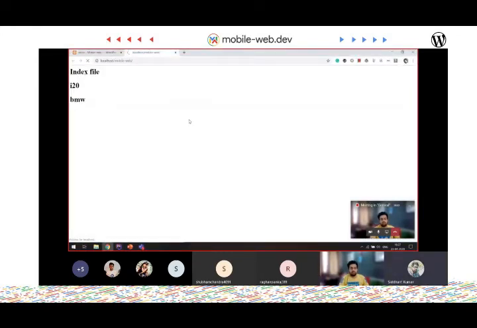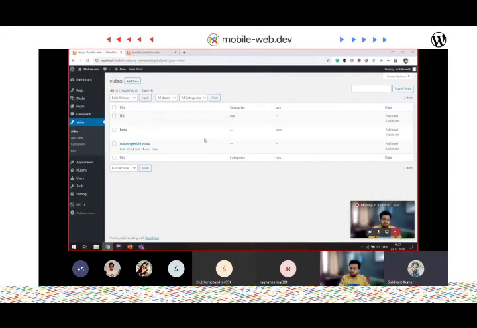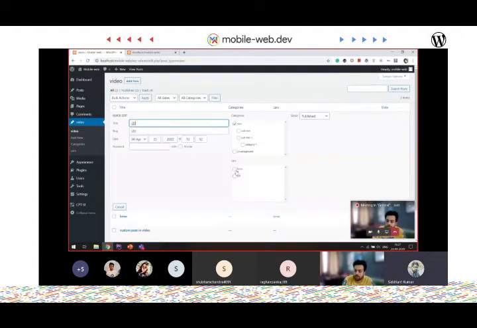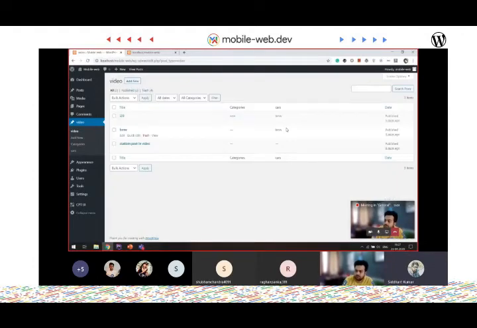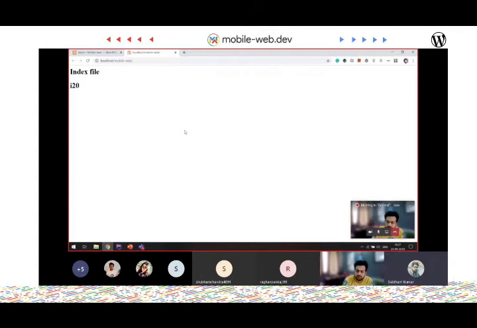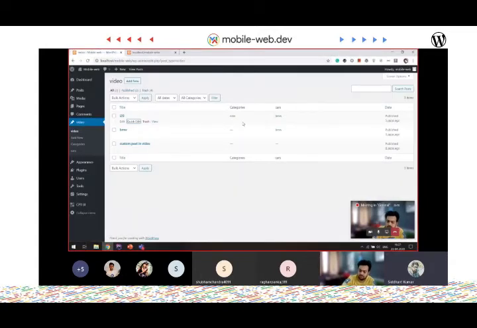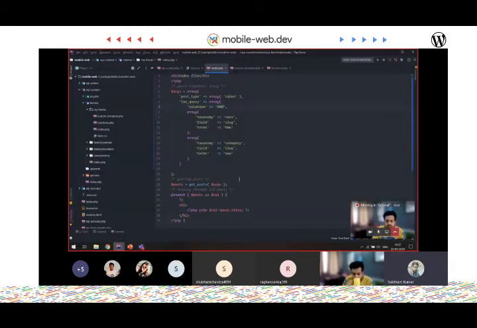Nothing, because it's an intersection, so nothing is matching. Let's give it the name BMW. And you will see here I20, because both the conditions are working. It has new and it has BMW, and we have the relation AND. So this is how you query your custom taxonomies.